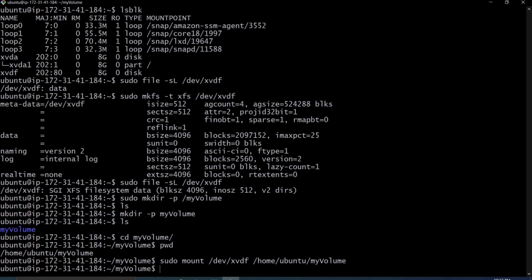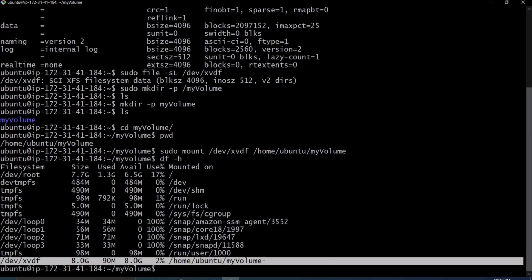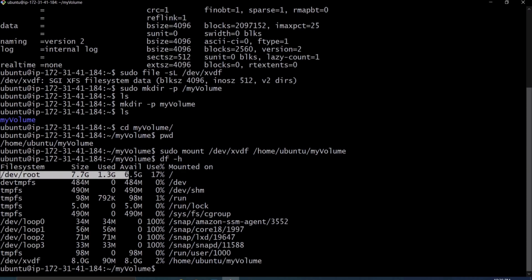So ls, df -h. We can see here our new volume xvdf, 8 GB, is attached to this location, meaning it is mounted on this location, and our root volume is here. So this is the way we can add another volume to our EC2 instance.